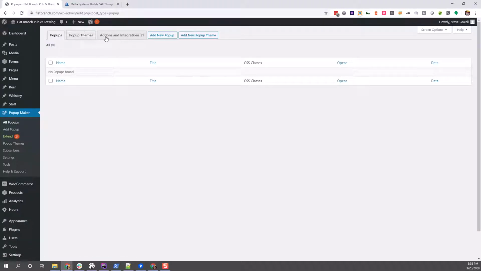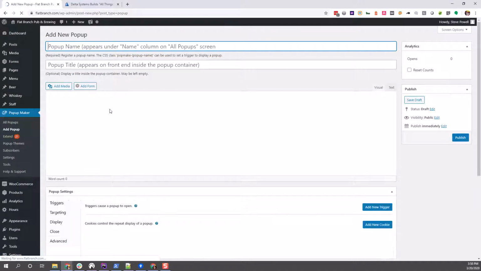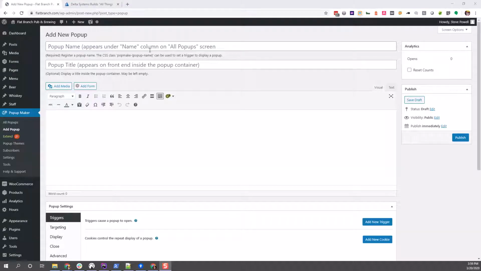So there's all kinds of theming and all kinds of levers and knobs you can adjust and pull here, but let's just go straight into add a new pop-up, and let's give it a name. So in this situation, this is just going to be the name that pops up in the admin area. This is the pop-up title that appears inside the pop-up container. So for this, we're going to say